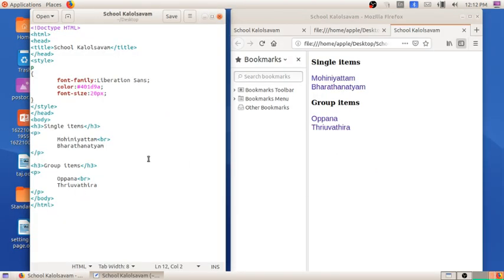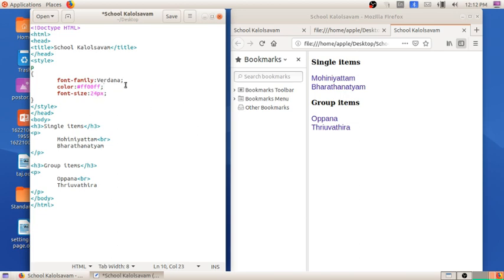For that I am going to the font family, and the font family they have given in the textbook is Verdana. So I am writing Verdana, and color they have given #FF00FF, and the size they have given is 24 pixel.